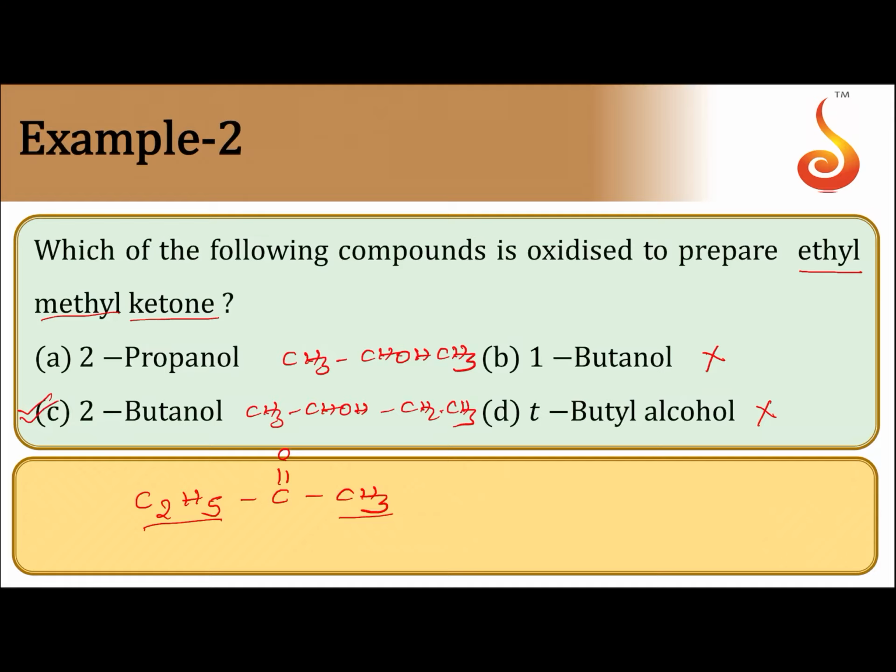So aldehydes can be prepared by oxidation of primary alcohols. Ketones can be prepared